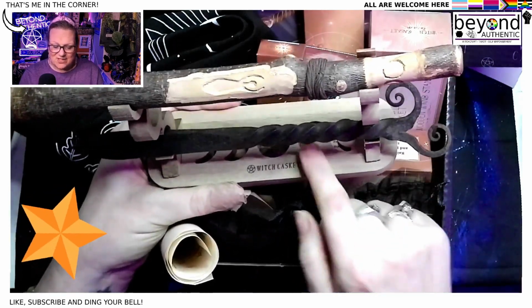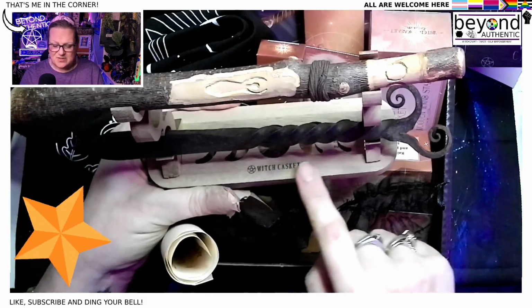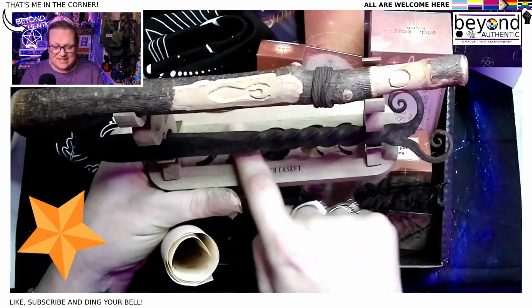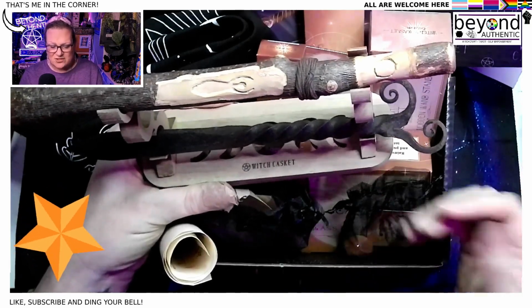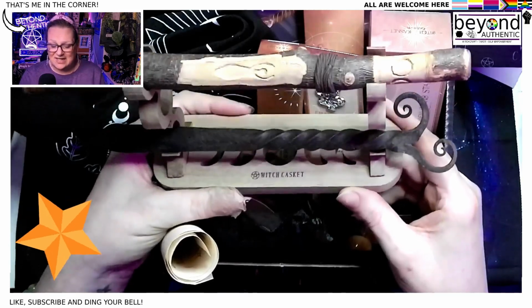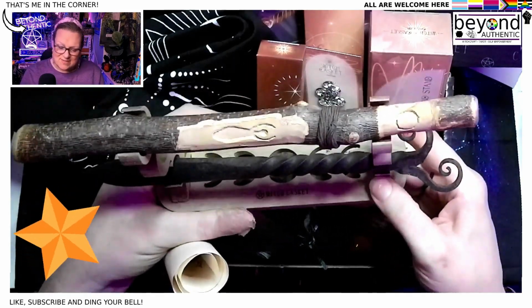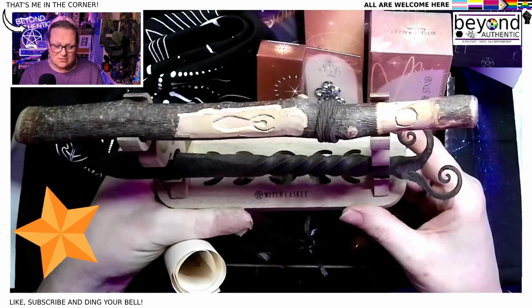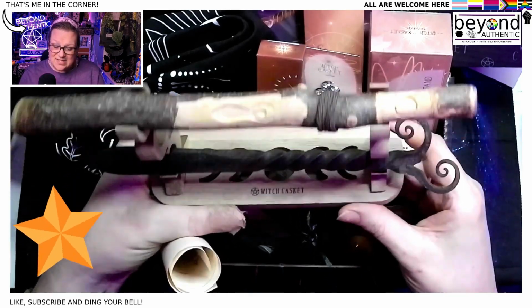I may well carve some sigils into the base myself. I may ask Rufus to pyrography some little bits in as well. I might paint it at some point. I've got no idea, but I might just varnish it actually and make it really nice and shiny, but also to make it a little bit more long standing. Do you know what I mean? So it can last for decades, because this is